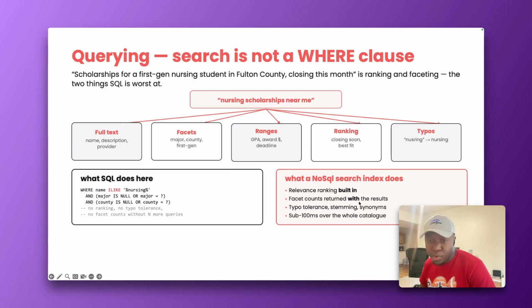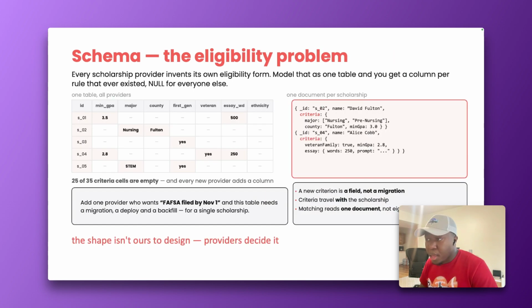And then your facet counts are returned with the results, so you don't have to write another query on top of it. And then we saw things like typo tolerance are actually built in, and these queries tend to be extremely fast when they're running. So, moving on